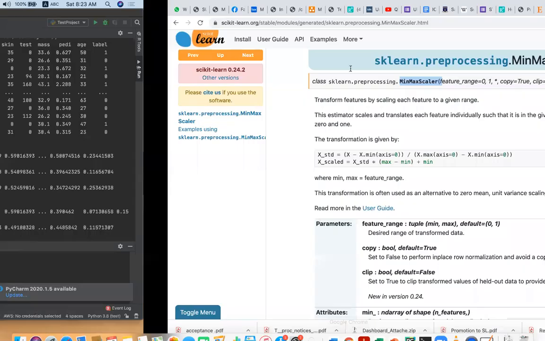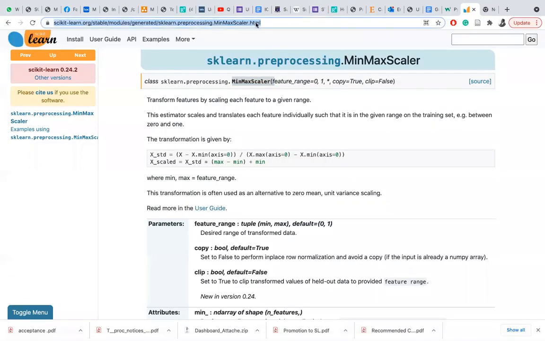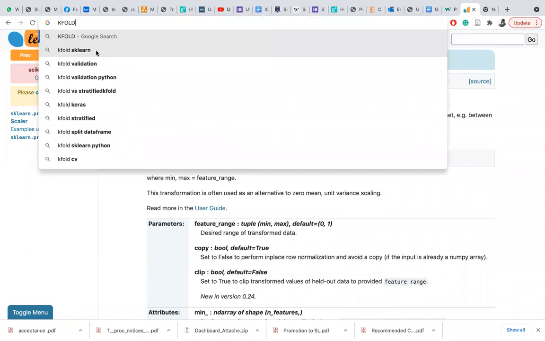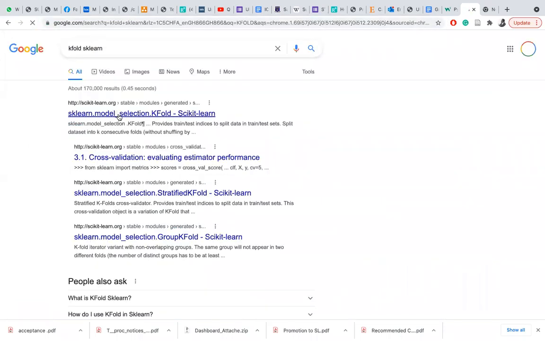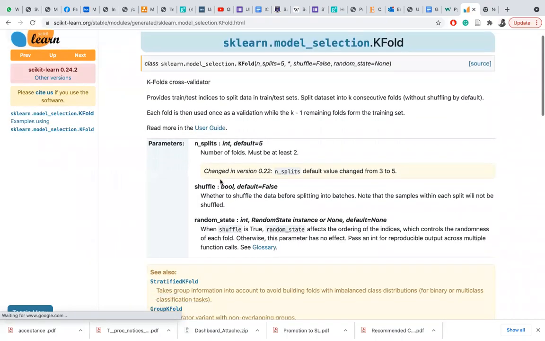I don't want to quote it like that. So let me just come here. Let's Google k-fold in Sklearn. I can just quickly write it. K-fold is in Sklearn, but a sub package called model selection. Model selection. So when I click on this, you see here,